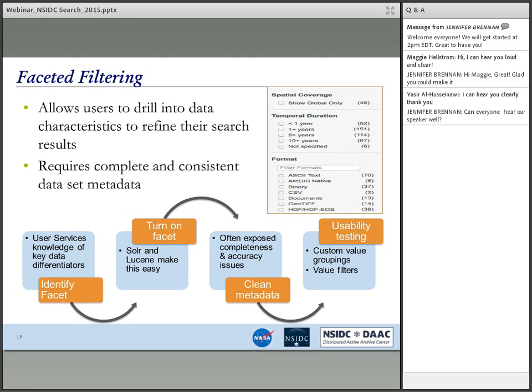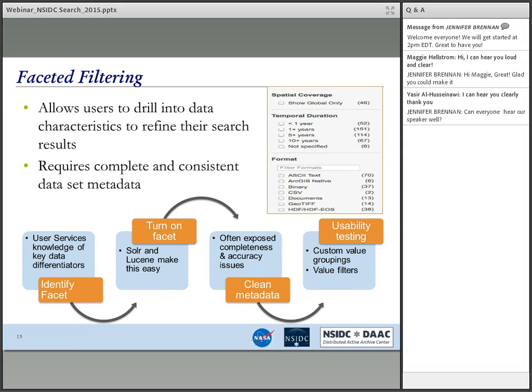Part of this testing involved deciding if presenting all of the metadata elements was overwhelming and if we needed to custom group them. So in the top right is a snapshot of the faceted filtering that you'll be seeing in the live demo. It shows some examples of the custom groupings we did. So rather than present each individual temporal duration of the data sets, we grouped them in less than 1 year, 1+ years, different temporal groupings based on what we think users would need to know, and confirmed by doing user